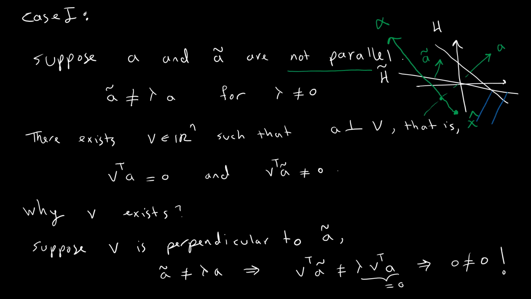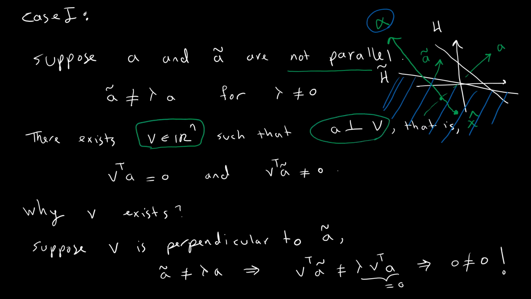All the points that are here are in H tilde, and if I get a point here, that means I have a point that is not in H tilde, but it is in H. But we want to show this rigorously. In order to show that rigorously, we say that there exists a vector in Rn such that